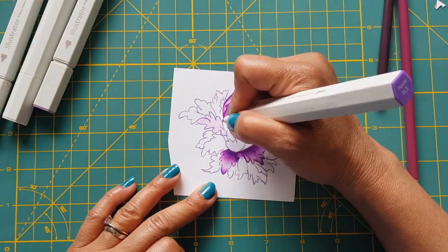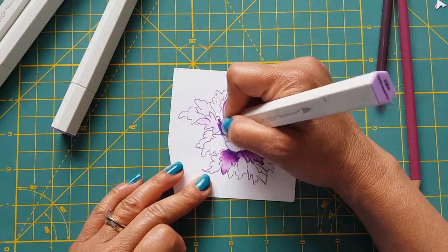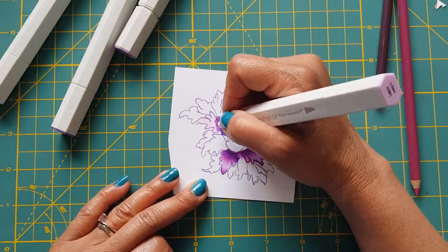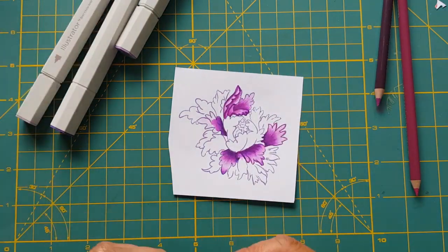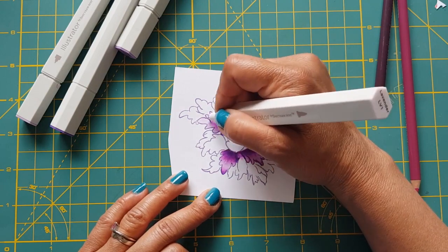So darker colors at two extremities of the petal and leave the center much clearer, and you'll have a petal with movement. So you see whenever I go over my leaf, I start with the dark, the medium, and so on,